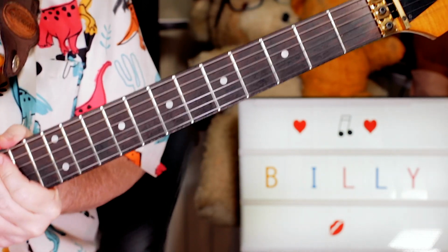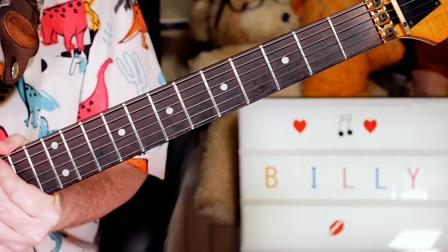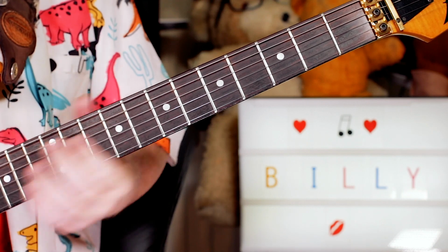a B minor chord. Okay, and so we'll take a look at some of those harmonics when we look at the guitar solo, but then we're into the verse. So on the verse we've got